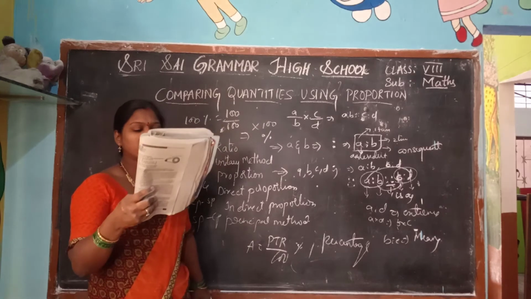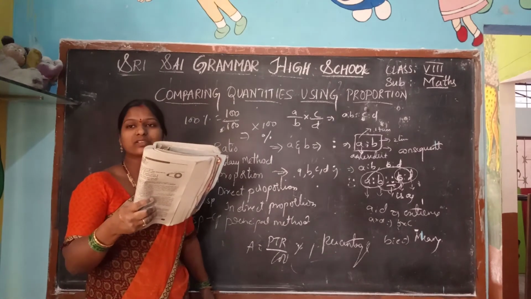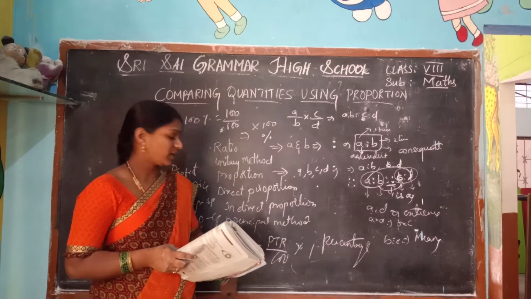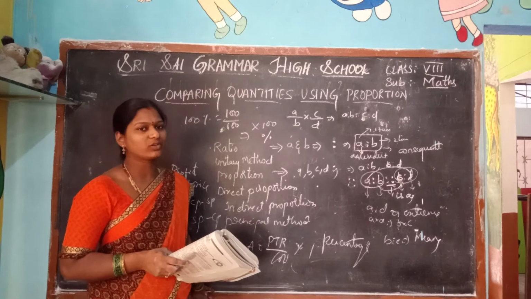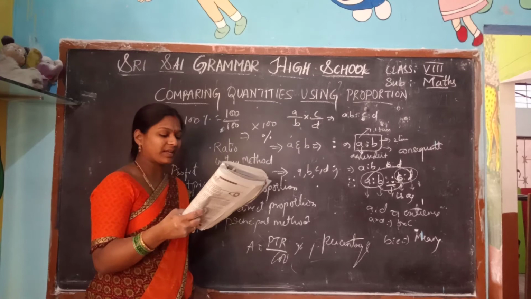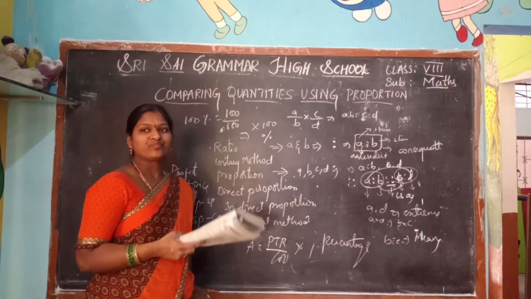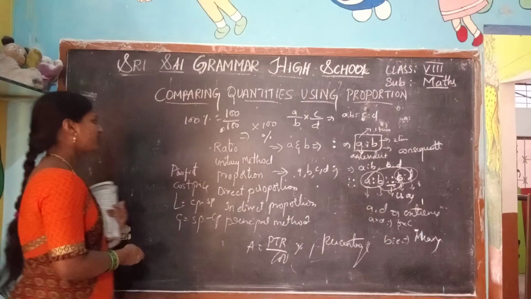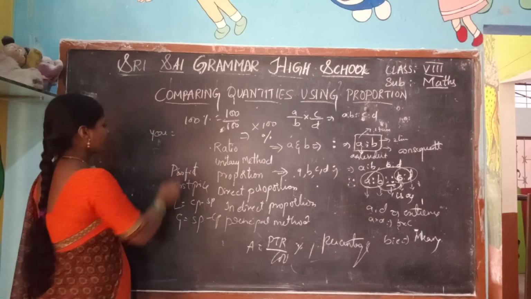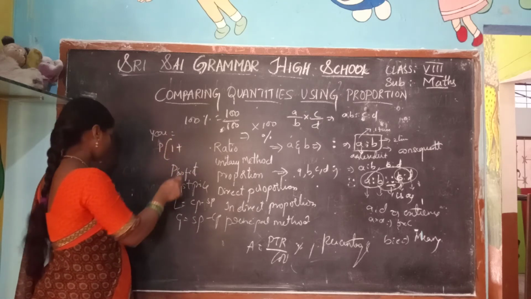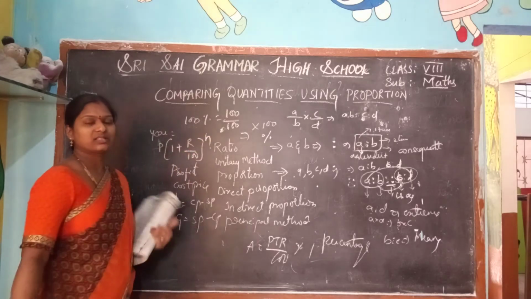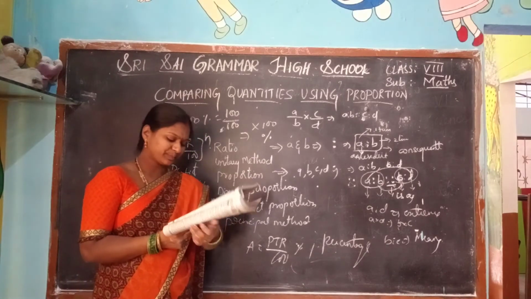In compound interest you earn interest on interest. Now we are going to identify the cost of interest, and the simple interest is also taken by the percentage. For the amount at the end of years using compound interest, the formula is P into 1 plus R by 100, whole power n. This is the compound interest formula.